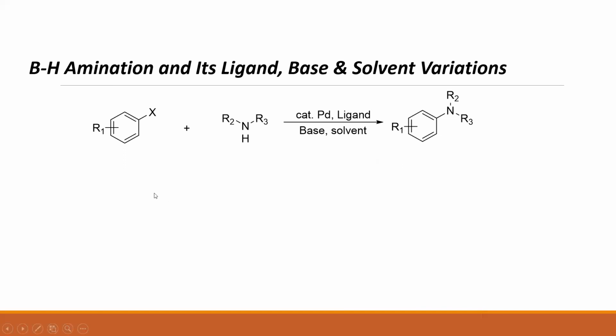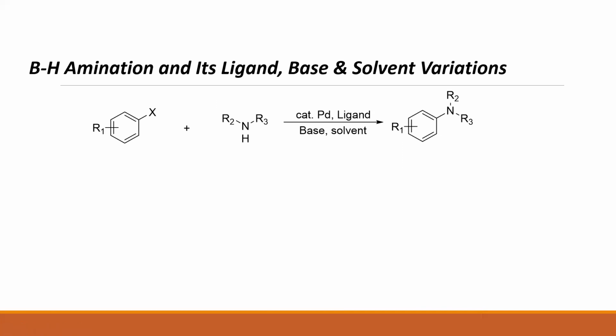And then this is the general formula for the Buchwald-Hartwig amination reaction. The aromatic amine could be synthesized by coupling aryl halides or pseudo halides, for example sulfonates, with amines or amides. Well, the key feature of this methodology is the use of a catalytic amount of palladium that is modulated by various electron-rich ligands. And also, the application of a spectrum of bases is essential to encouraging the effective turnover of the